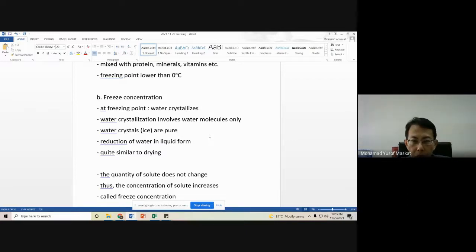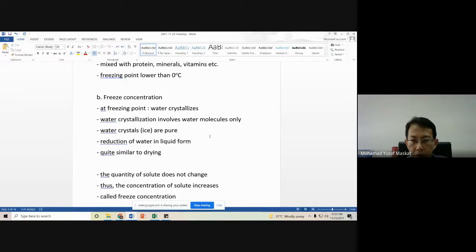But what will be changing? Okay, it will form ice crystals. But ice crystals, when they are formed, they are pure. They will only involve water molecules. So what happens is that in a food system, when ice forms, the amount